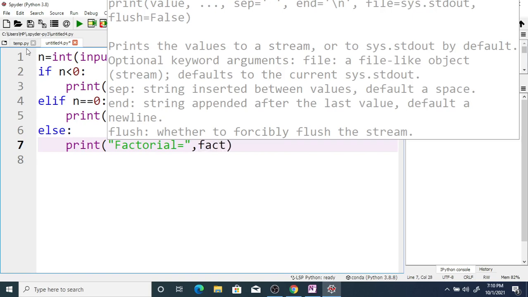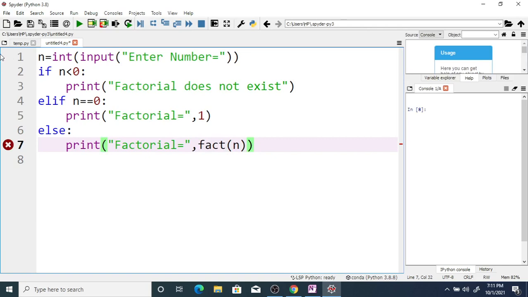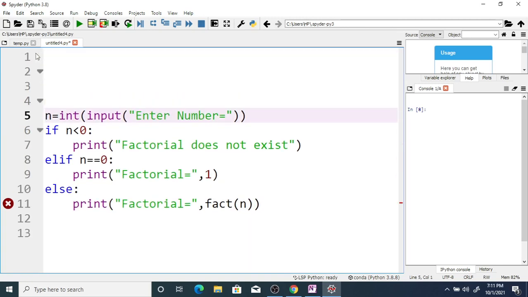now we are defining the function fact recursively, that is we are calling function fact again and again. Okay, so now we are going to define a function factorial fact. So now here define function fact, say n.